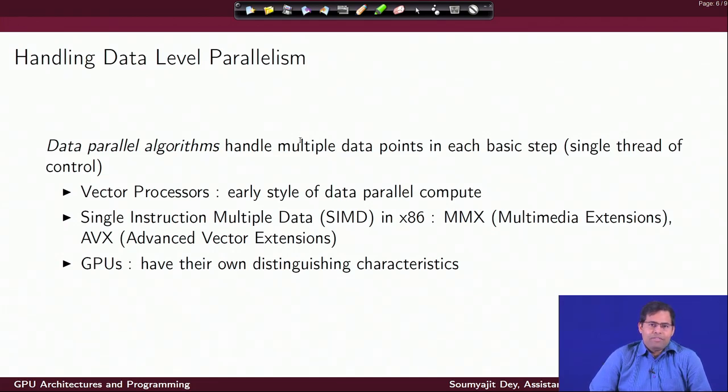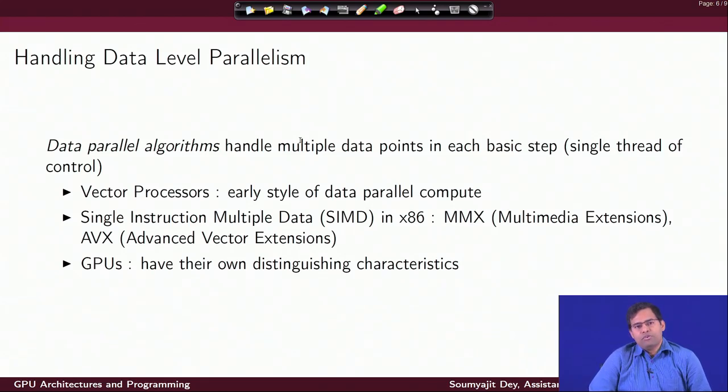When we say there is parallelism in execution of a program, as we know there can be parallelism resident at different levels. There can be instruction level parallelism, there can be thread level parallelism, but when we talk about data parallel algorithms, the specific thing that we mean is the algorithm has a sequential thread of processing, but in each step of the processing the work will be done on multiple data points simultaneously.